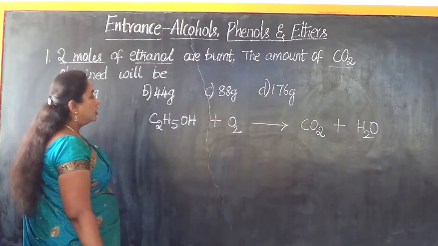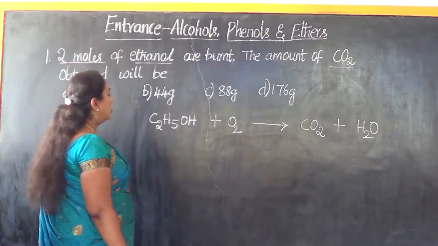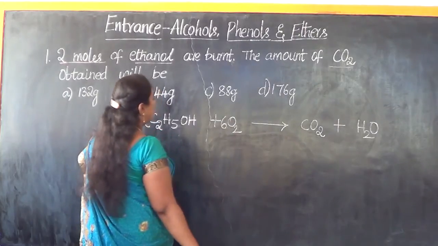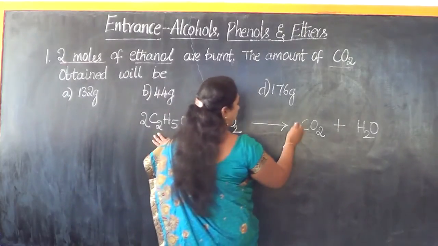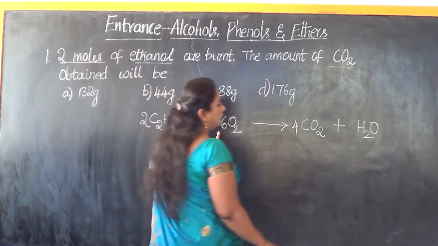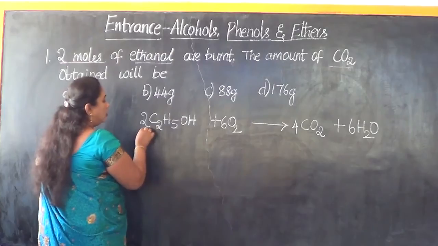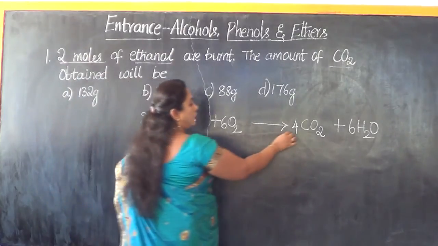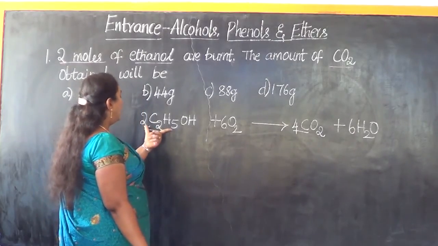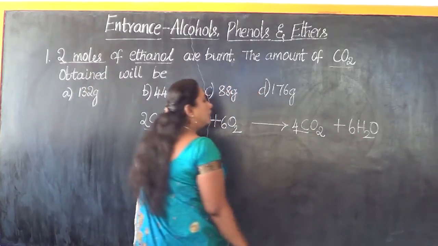Now in order to balance, we need to balance all the constituents on our LHS and RHS. So therefore, let us see if this would be a balanced equation. There are 4 carbon here, so I am writing 4 there, then 6. Now let us check if all the constituents are balanced. There are 4 carbon on our LHS, there are 4 carbon on our RHS also. And then how many hydrogen do we see here? 5 into 2, 10 plus 2, 12. So therefore 6 into 2, 12 hydrogen, that's also balanced.